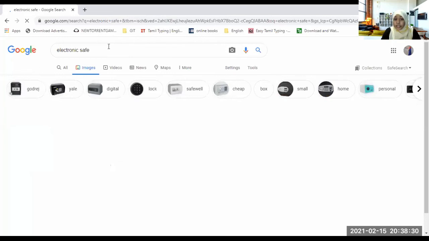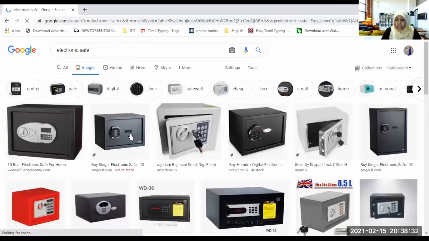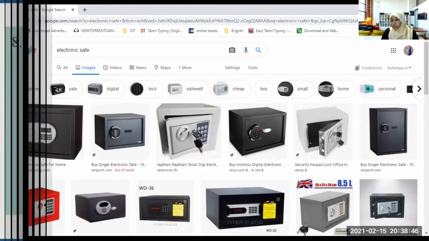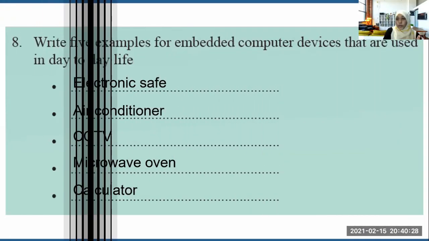We say locker. In that locker, there is a number pad, right? See here. Only after we input the password will the locker open. So in the locker, there is an embedded computer device. And write these things also.